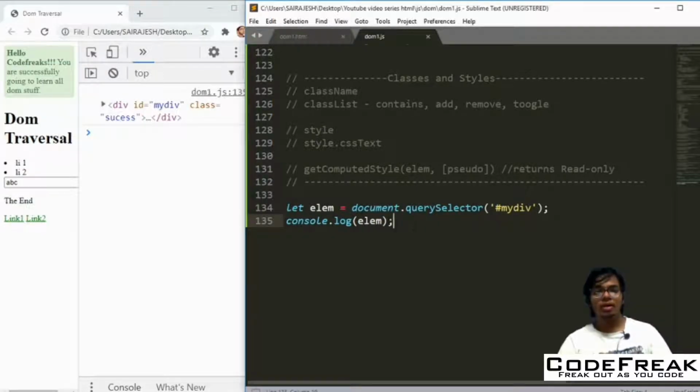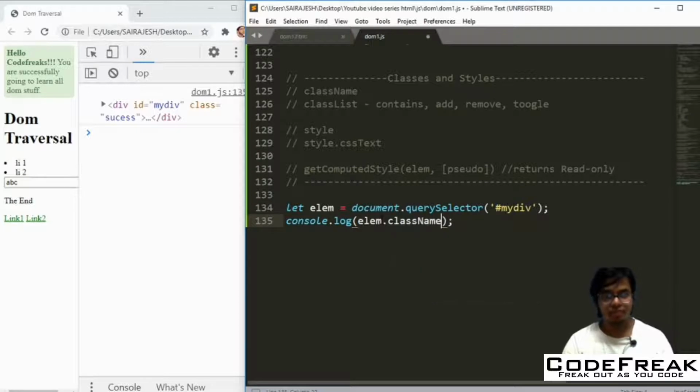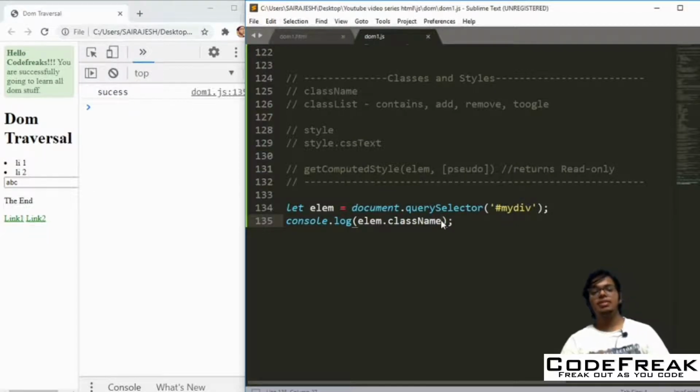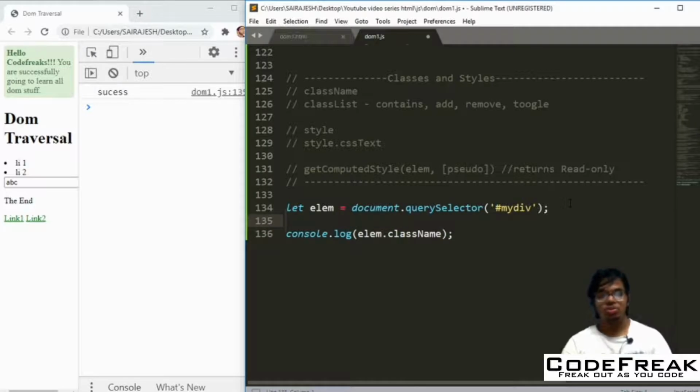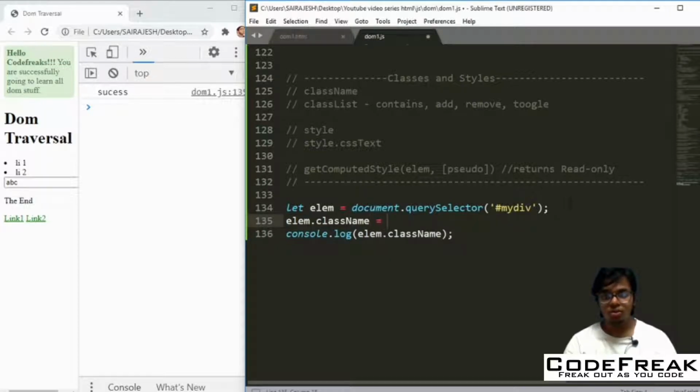So let's look at how we can actually find the class name. You can do element dot className. So you will get the list of all the class names. Actually, you got success here, right? If you want to change this, element dot className, you can do that also. So let me just do element dot className equal to, let's give danger here.